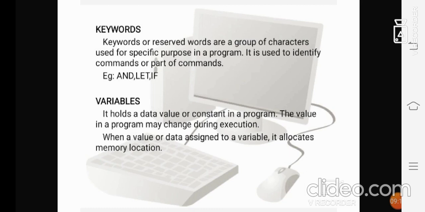A variable holds a data value or constants in a program. The value in a program may change during execution. When a value or data is assigned to a variable, it allocates memory locations. A variable is a name which holds a data value or constants in a program. Whenever the variable is referred to,